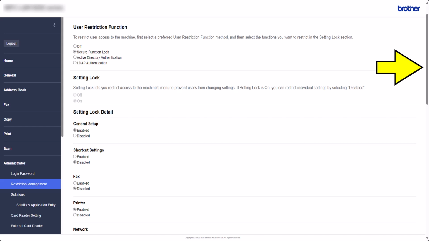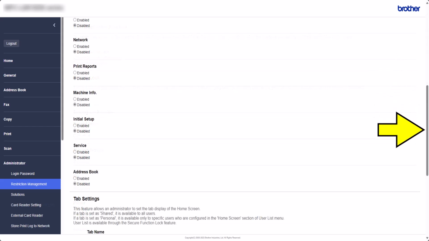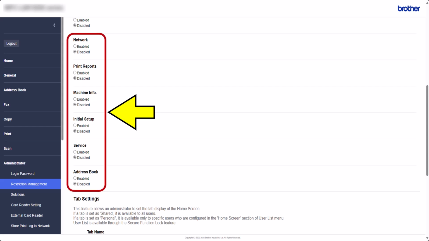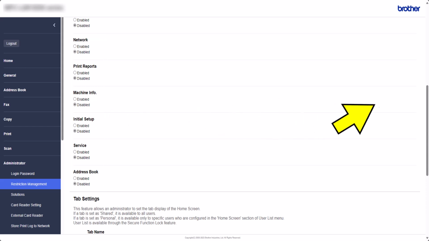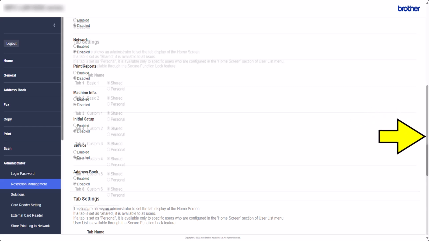Now scroll down the page. There are more options for the administrator to enable or disable. These can be set to the required preferences. Scroll down the page to see more options.